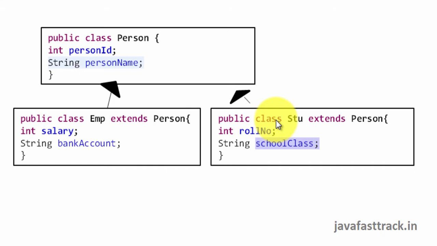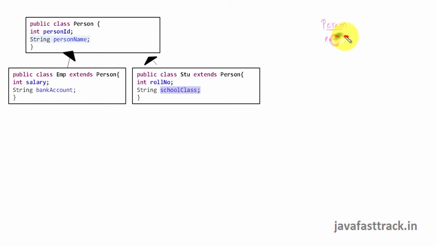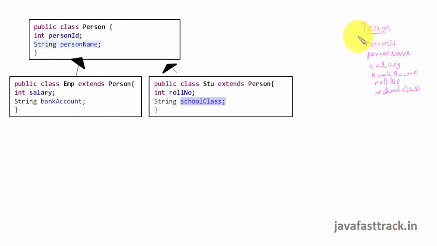To begin with, I'll explain the single table strategy, how the data will be stored in a single table. We'll have one table to store the data from all these 3 classes. The name of the table is the person table which contains all these field columns. As you see, we have a single table which contains person related fields, employee related fields and student related fields.